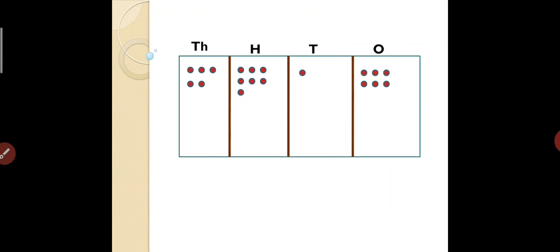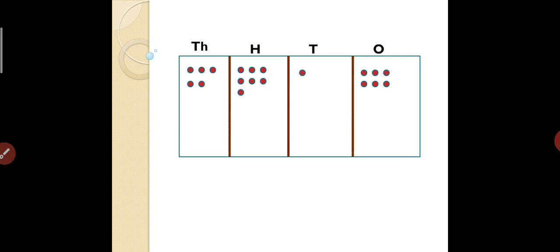So this is the second step. Instead of numbers, you have to draw dots. Whatever the digit is, the same number of dots you have to make in the particular places. So 5 dots in the thousands place, 7 dots in the hundreds place, 1 dot in the tens place and 6 dots in the ones place. The next is we have to think about the divisor. Here in our example the divisor is 2. So we are going to divide the number by 2, isn't it?